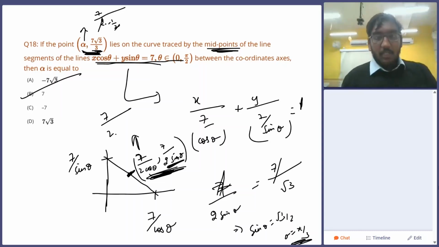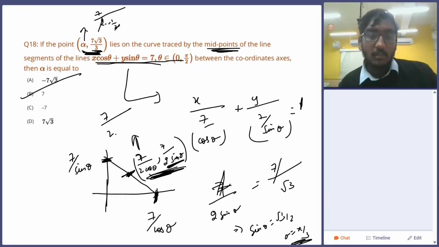Let me just sum it up simply. You first determine, based on the given equation, you write it in slope intercept form and determine the midpoint of this line, the line being formed from this intercept to this intercept. What will be the midpoint? It will be the arithmetic mean of the coordinates, no? It will be 7 upon 2 cos theta, 7 upon 2 sin theta,